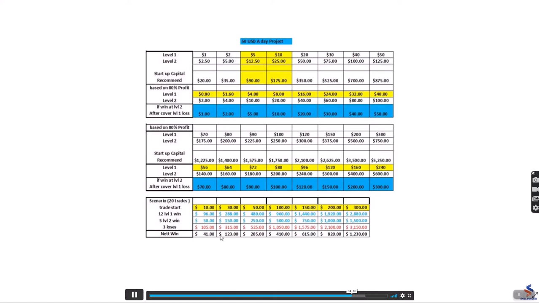For part-time income, $41 a day, if you are just trading 5 days a week, 20 days a month, times $41, that's 820 USD a month, which is extra money for your pocket. And you wouldn't take a lot of time to hit your 20 trades, and you also won't see these 3 losses that much. Most of the time you'll just win at level 1 and level 2. Sometimes you have a full 20 trades all at level 1, sometimes you have 10 trades at level 2, sometimes you have 1 loss, 2 losses. Seldom do you hit 3 losses a day. I'm not saying it will not happen, but very, very rarely.